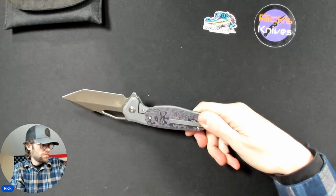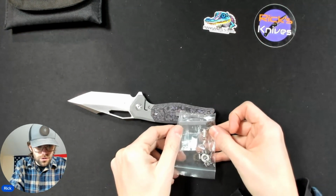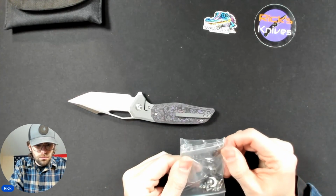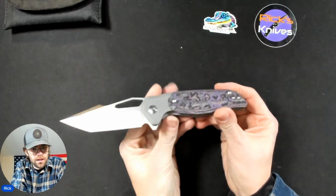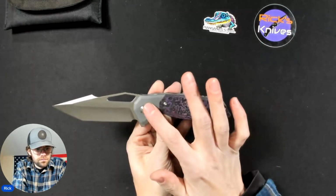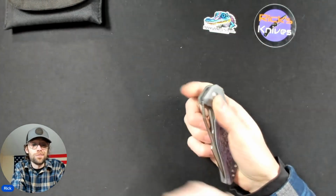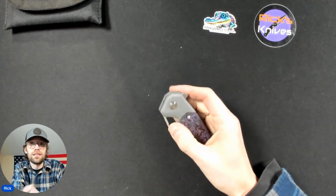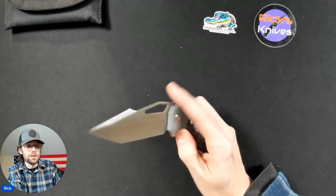Is the other pocket clip one you carry? I guess I don't see the difference. Oh, it's shorter. I'll check that out. Anyways, this is definitely Kaiser. This whole packaging screams Kaiser, but Kaiser makes great things. Titanium, fat carbon. I'm kind of at a loss for words. I'm really digging this right now. I was worried about it not meeting my expectations in my mind, but